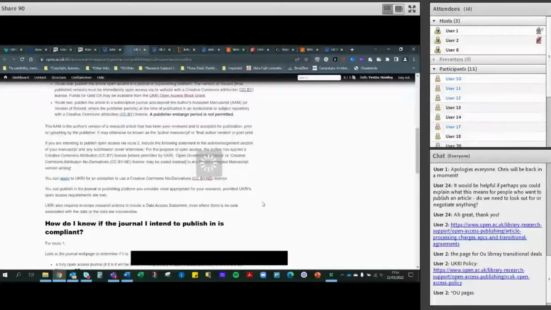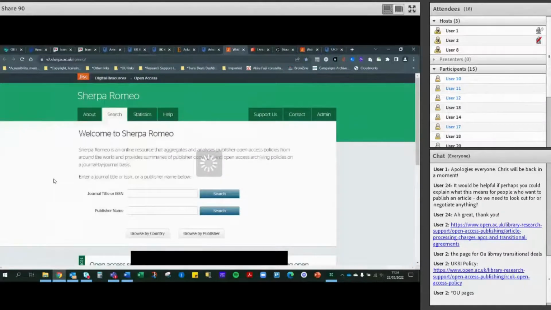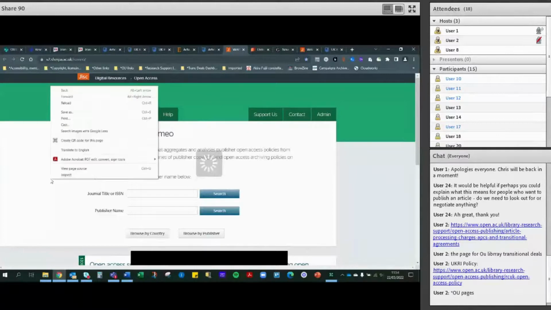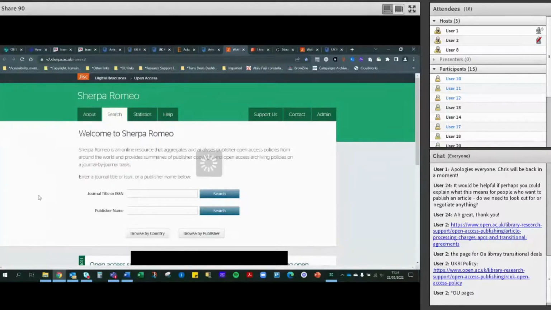But at the moment, we do have other ways to check certain criteria. There are websites such as Sherpa Romeo, which is here, if you've never seen this before, which is very useful to check journal titles to see what their criteria are. And there's also an interim JISC transitional agreement lookup tool, but I think it's just a beta version, so I think we ought to wait until the actual tool comes through.